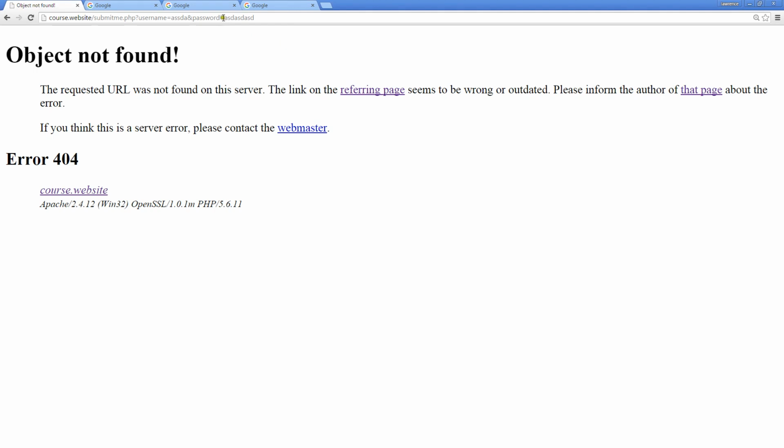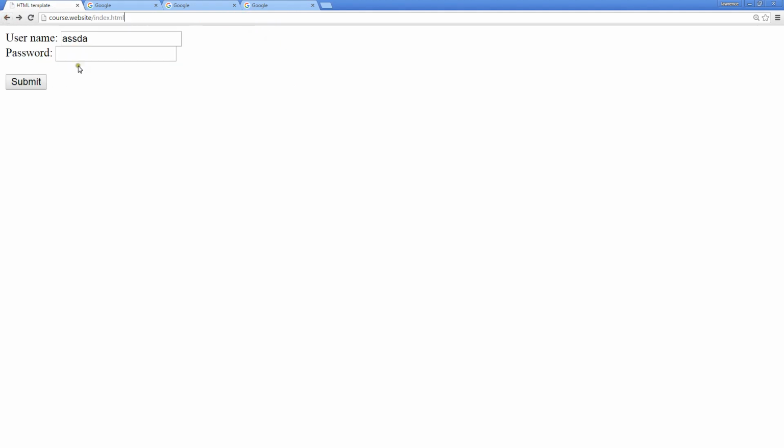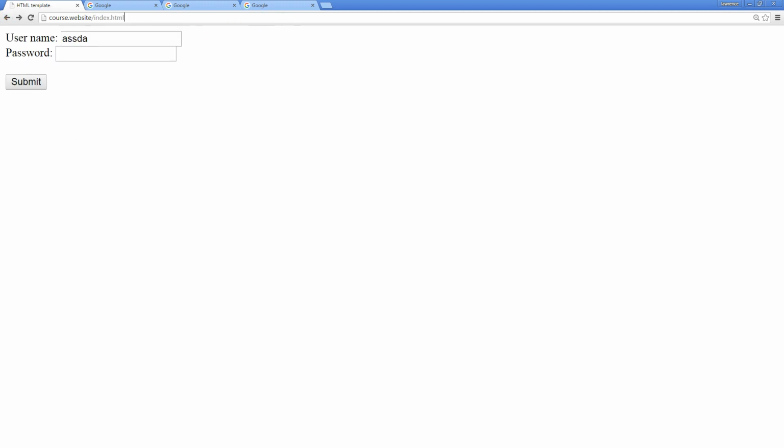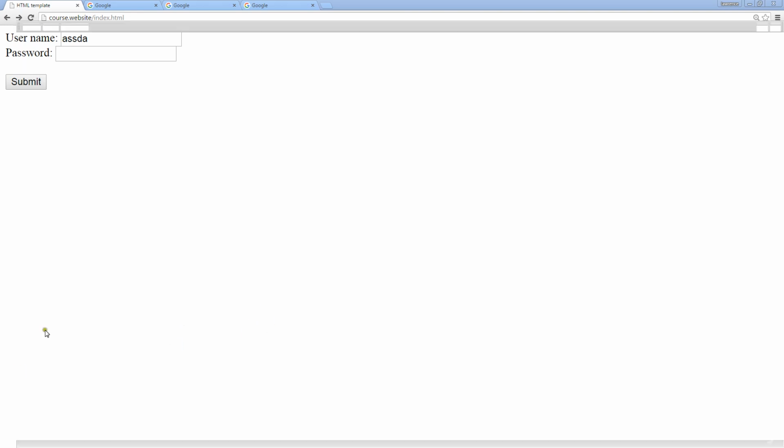And if you are passing a password, you might not want this type of format, because you see here that when we enter in the password, the characters get hidden, but when we do submit it, the characters are all visible. And this would be one of the cases where you would use post over get,